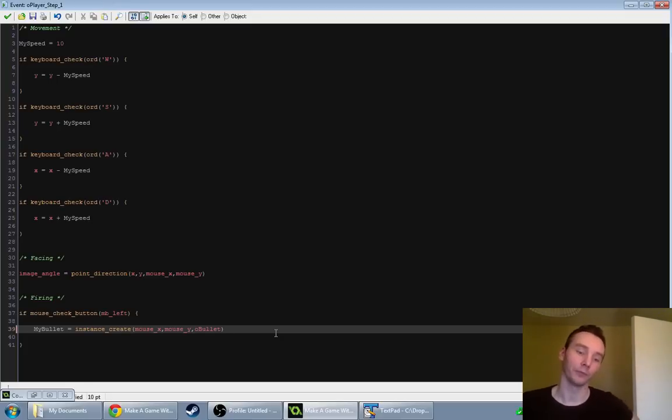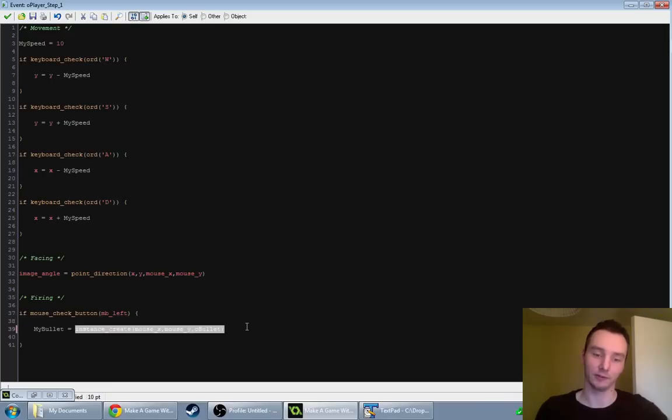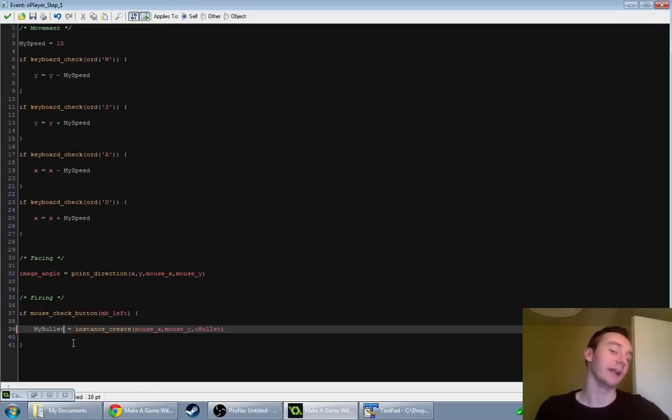You don't have to use that number for anything, but if you use instance create as if it's a number, we're saying myBullet equals this, whatever the value of this is, that's what we want myBullet to be, then there is a number there for us to store, so that's great. And again, to define a variable in GameMaker, you don't need to do anything, you just think of a word and say that equals this, and I don't have to tell it what type of thing I'm making, I don't have to define this at any point before now. Right now I say myBullet is this. So from now on we can say,